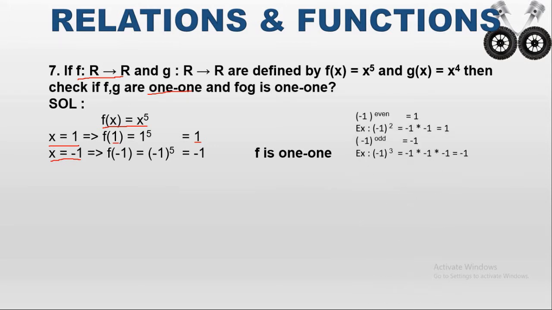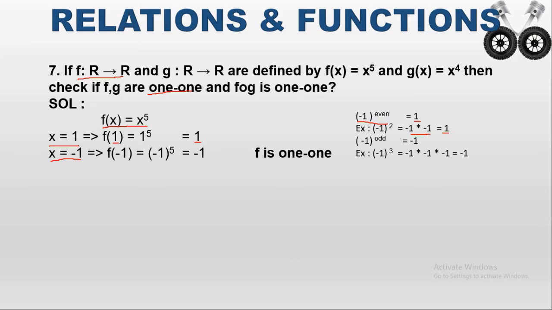So minus 1 whole to the power of an even number. What is an even number? 2, 4, 6, 8. These are all the even numbers. So minus 1 whole to the power of an even number, then I get the answer as 1. For example, minus 1 whole square. Here 2 is the even number. That can be written as minus 1 into minus 1. Minus into minus will become positive. 1 into 1, 1. So I get the answer as 1. So minus 1 whole to the power of an even number, the answer is 1.